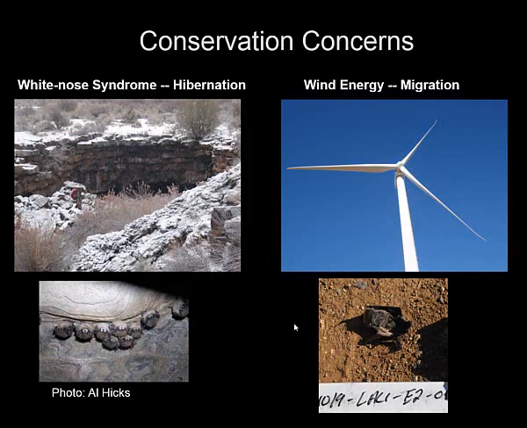So in the last decade or so, it's become clear that there are some really important and pressing reasons to understand the overwintering strategies of bats. Two of them: the first is white nose syndrome, which is a fungal disease that began radiating out of the northeast United States and has been decimating bat populations in its path. So this is a fungus that generally is impacting the hibernating bats. The other thing is that wind energy development can also kill large numbers of bats, and in particular it kills migrating bats during the time of migration. So I've chosen to focus my efforts primarily on migratory bats.